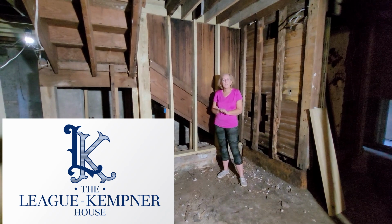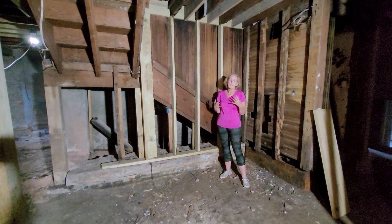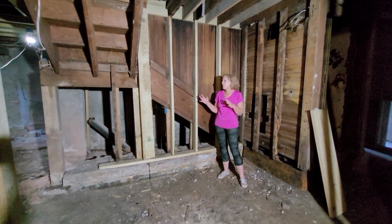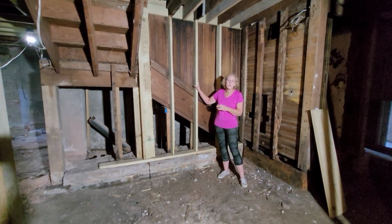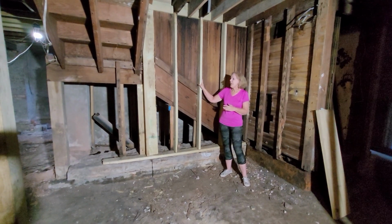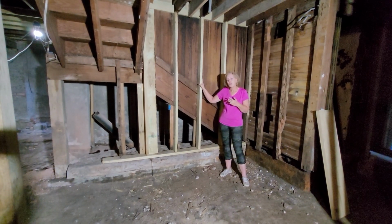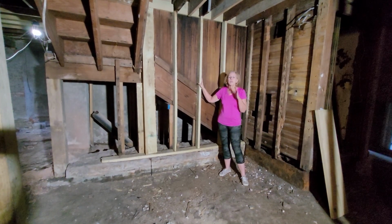I'm down here in the basement to go over one of the 4 remaining big structural problems in the house. You've heard a lot about lintels and beams and joists, and this is related but a little different in that this is the servant's stairwell. It's the only access up to the 3rd floor, and it backs up to that severe area of water damage from the bad roof design, and there's extremely active termite activity from the ground all the way up to the